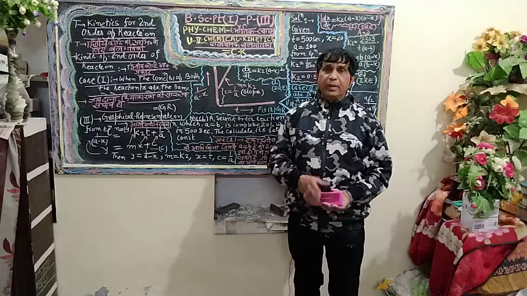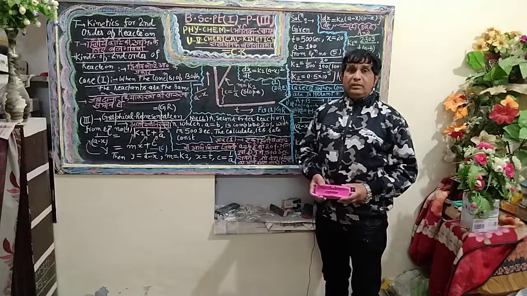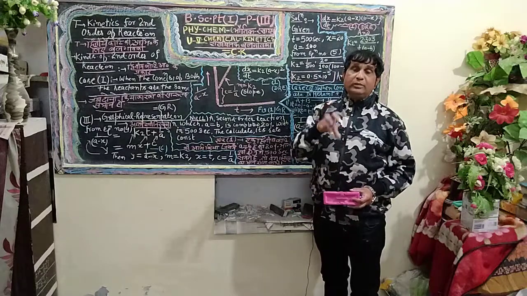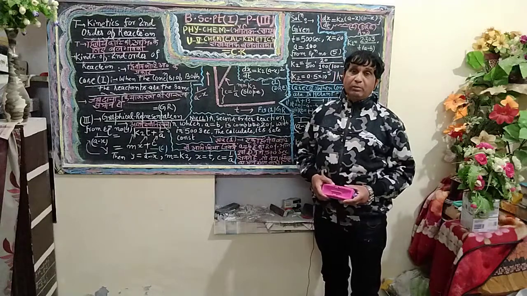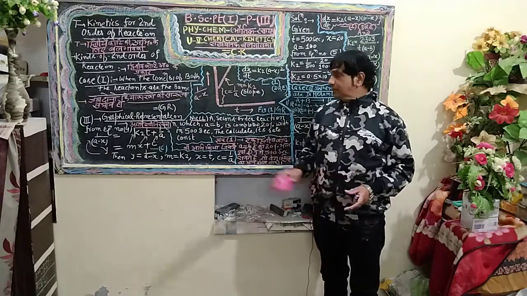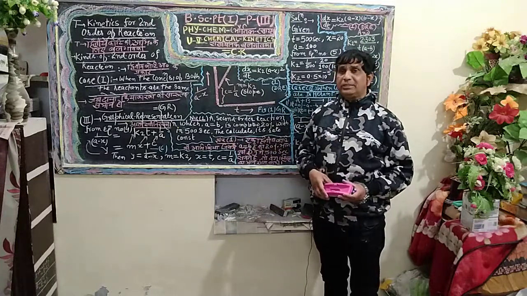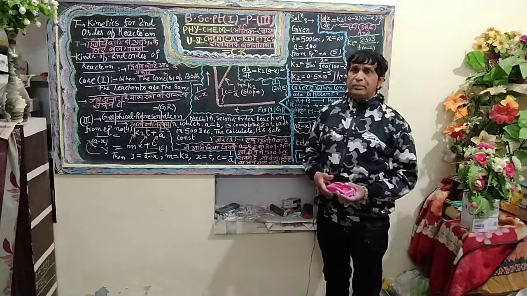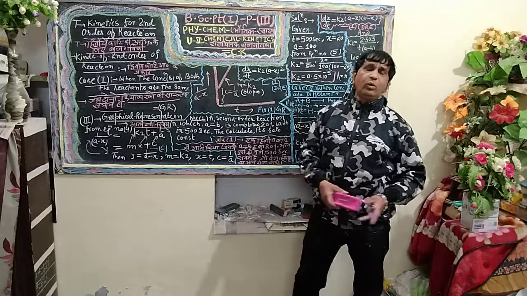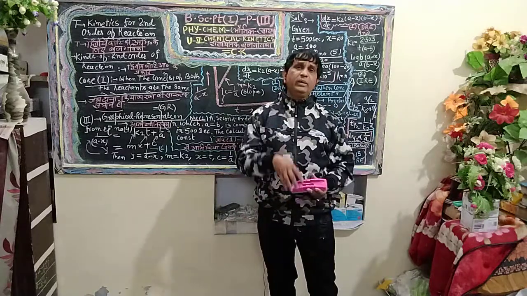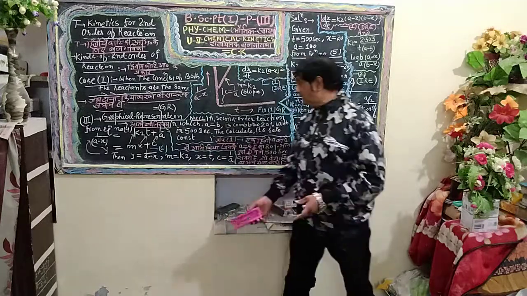Now the next problem is to discuss the kinetics and to solve a numerical problem based on a second order reaction. I have chosen such an important numerical, which I have written on the blackboard here. This numerical is set the way a competitive examination asks it. Let us try to read and solve the numerical based on case 1 for a second order reaction, in which all the reactants are taken at the same concentration.